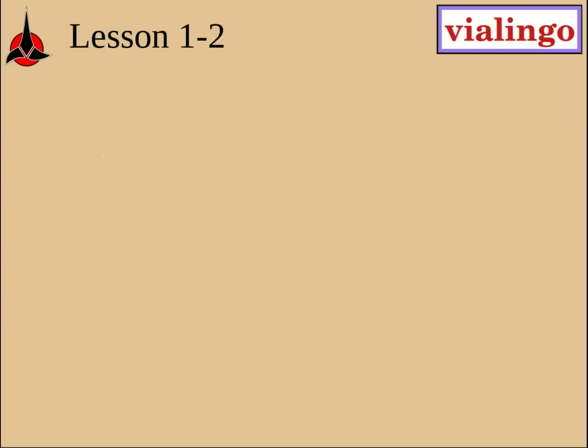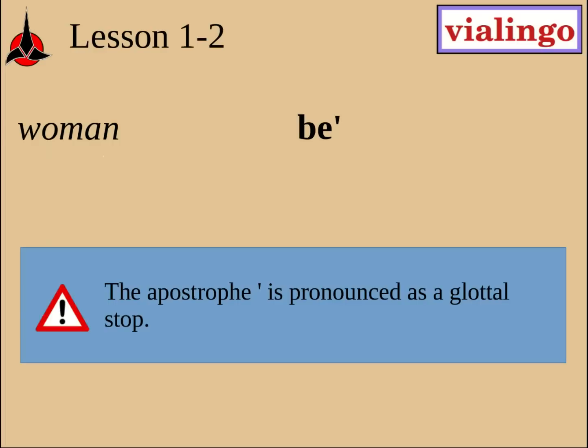In Klingon, some sounds are cut very short. For example, in the word beh, meaning woman, the final letter is cut short. Written Klingon uses an apostrophe to show this cutting short sound. Linguists call the sound a glottal stop. Now, this course doesn't use a lot of long words that only trained linguists will recognize. On the other hand, it would be unfair to make those of you who are linguists wade through material that you already understand. If you don't recognize the terms in these blue panels, you can safely ignore them.